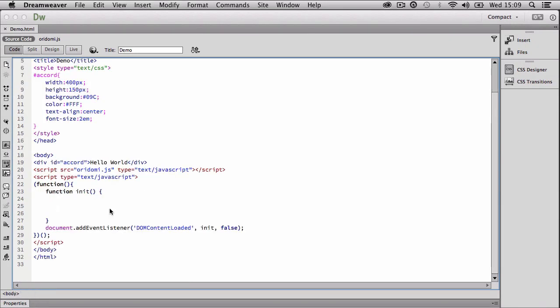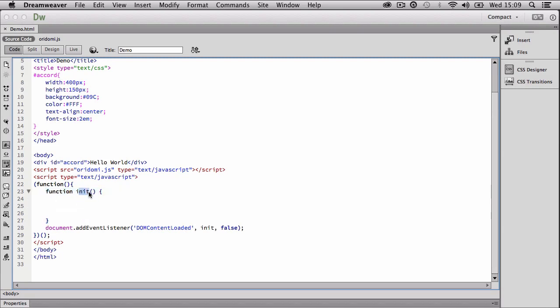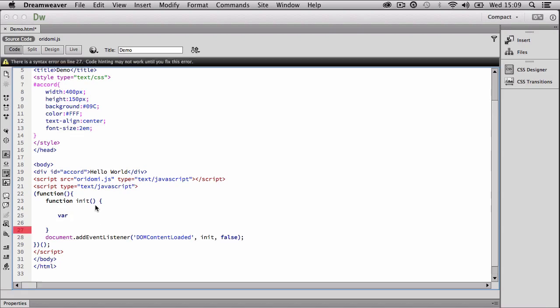So what I can go ahead and do now is create a variable, and don't forget that I'm writing this inside of the init function. I don't want anything to run until all that content in the DOM has been loaded. And I'm going to say var, and this variable is going to point to that element. So we're just going to say accord. So that's the name of the variable. Then I'm going to say